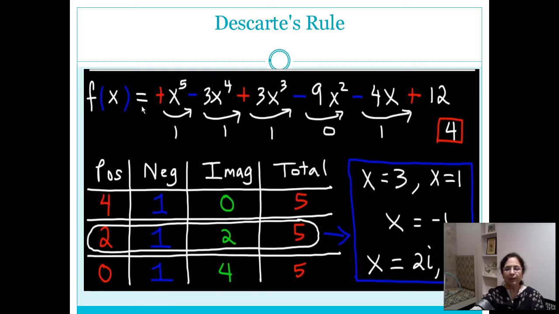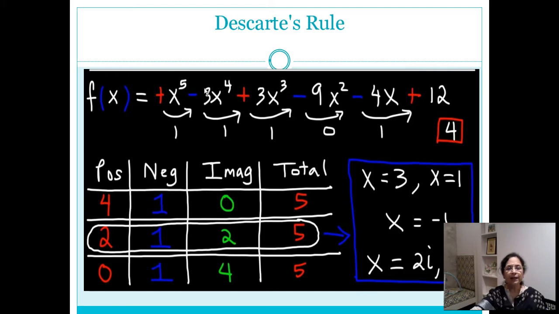When we replace x by minus x, this becomes minus. This will remain minus, this will become minus, this will remain minus, this will become plus, and this remains plus. So there is only 1 sign change when x is replaced by minus x, and so for negative real roots it is surely 1. Why are we sure of a negative real root in this case? Because it cannot be reduced by an even number for the guesswork. Since it is 1, we are sure that 1 negative root is surely present.